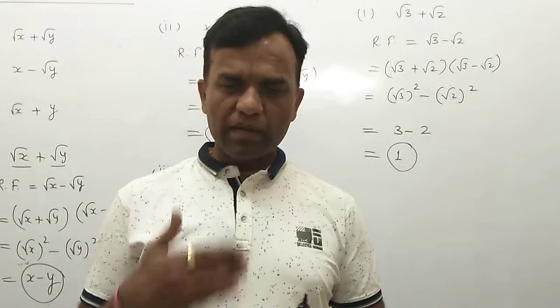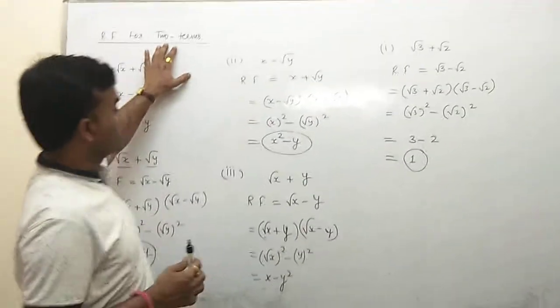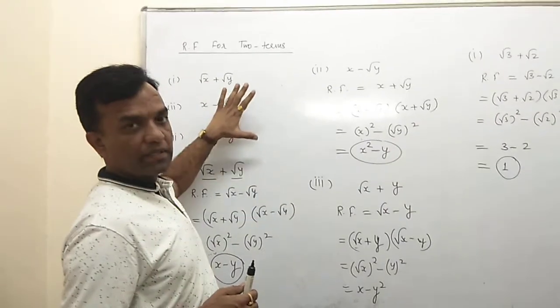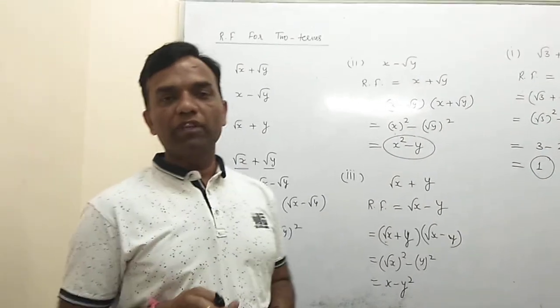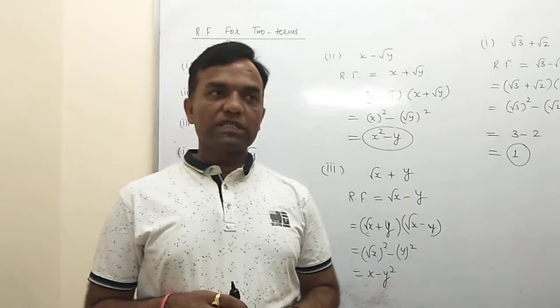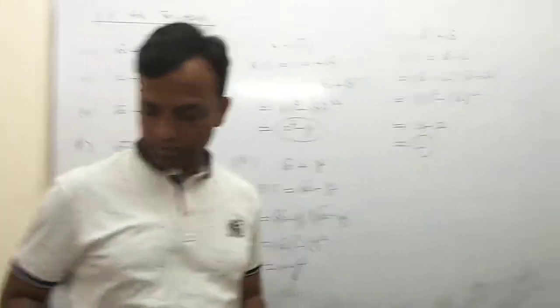So many examples are related to the same concept, but this concept is related to two terms. Now we have examples where the number is not given in a single form but in the form of a fraction, because some questions are related to fractions. So now let us try for fractions.